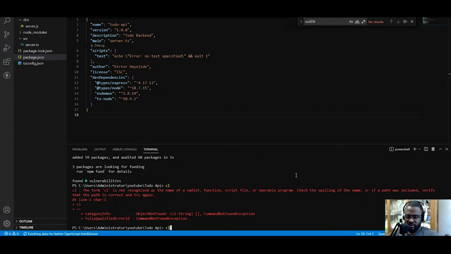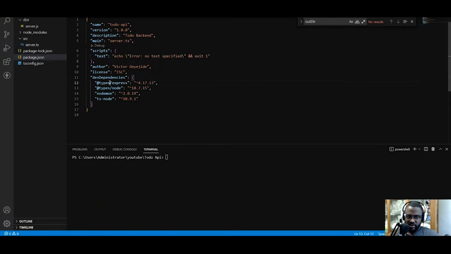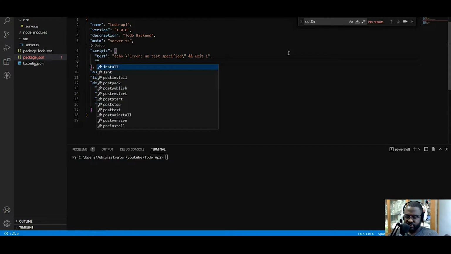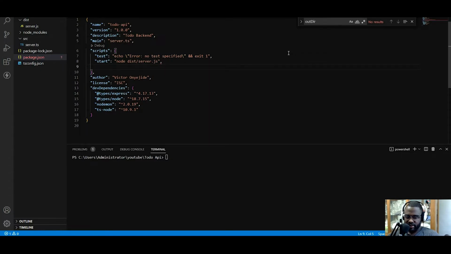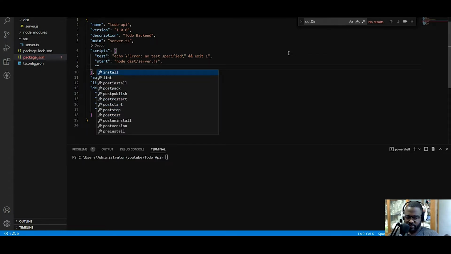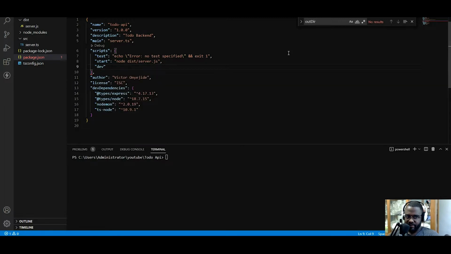Okay, now clear the screen. So as you can see that all here. What else do we need to do? So we should go down here. We can leave test. So let's just do, when I do npm start, I want it to go to the destination folder and run server.js, right? Then when I type in npm run dev,